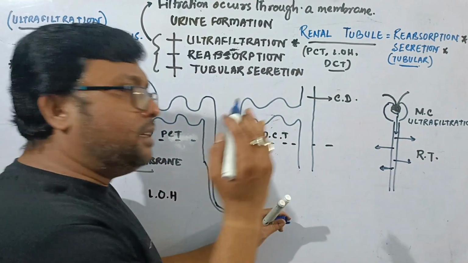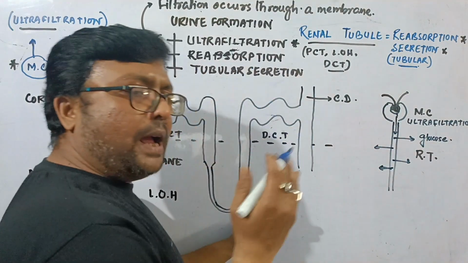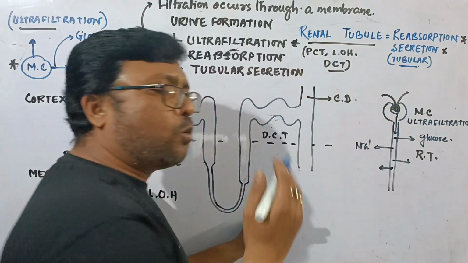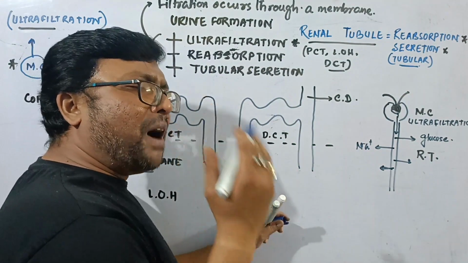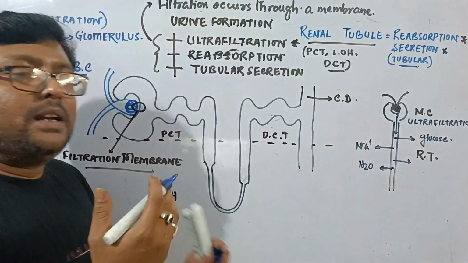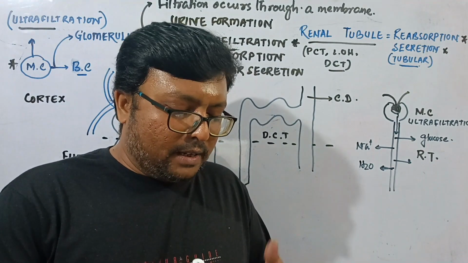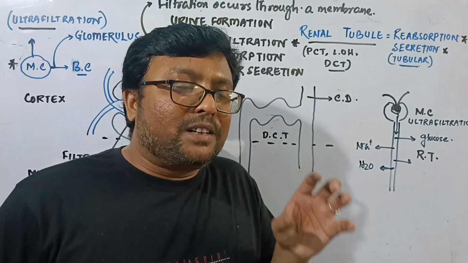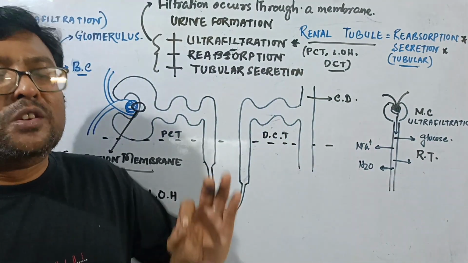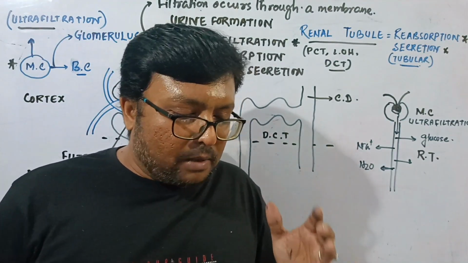Those substances include glucose, and we can even say different kinds of ions such as sodium ion, chlorine ion, bicarbonate ion, and even excess amount of water is reabsorbed from this tubule, or we can say that it is reabsorbed from the filtrate that is flowing through the tubule. এই টিউবুলের মধ্যে দিয়ে যে ফিল্ট্রেট ফ্লো করবে সেই ফিল্ট্রেট থেকে এটা রিঅ্যাবজর্ব করা হয়। অ্যান্ড একটা কোয়েশ্চেন এখানে চলে